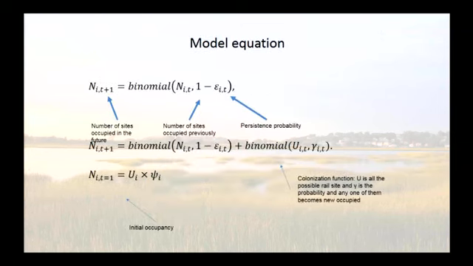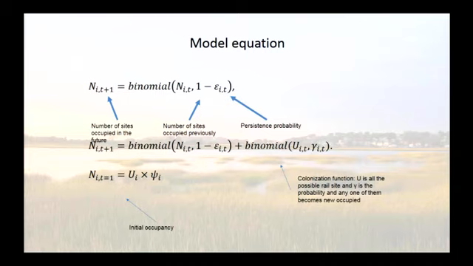So here's some math and some equations for us. Our number of sites occupied at some time in the future is just a binomial probability trial for the number of sites currently occupied, and the probability of success there is 1 minus the extinction risk. This is just a little nomenclature. And then this just points out that some of these arrows are not going the right way. So this is the number of sites previously occupied, and then this is the persistence probability. 1 minus the extinction is the same as persistence.